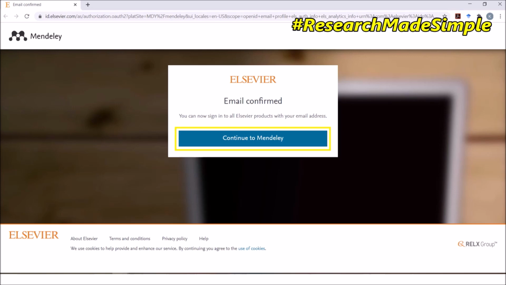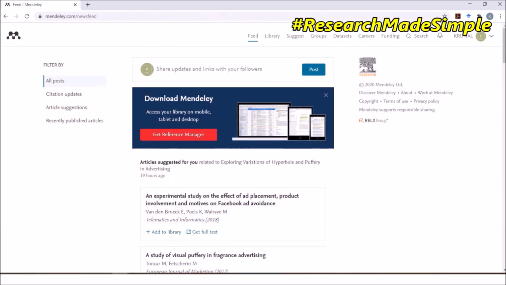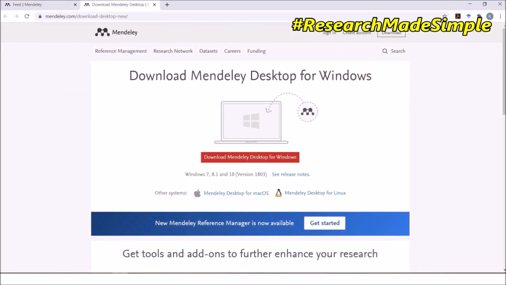That will take you to this specific web page where you should click on Get Reference Manager to download the Mendeley. Further, click on this button, Download Mendeley Desktop for Windows.